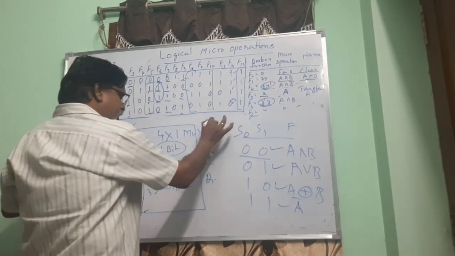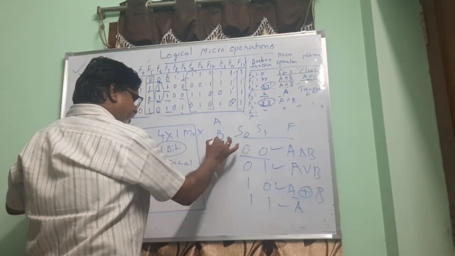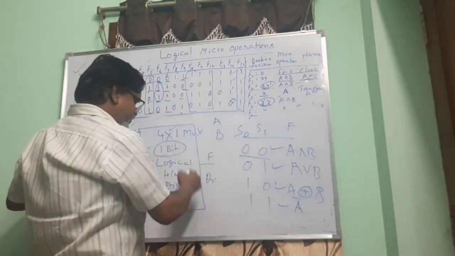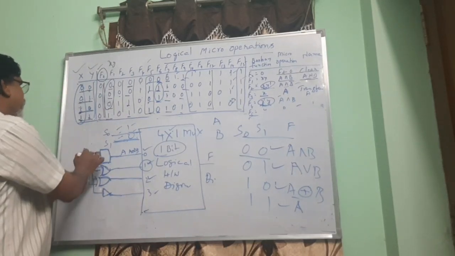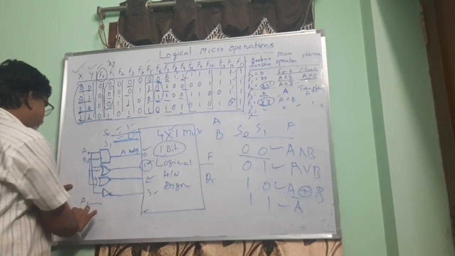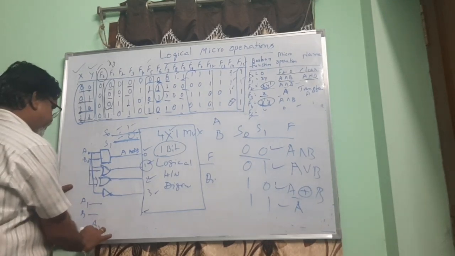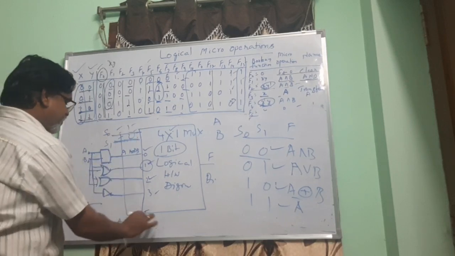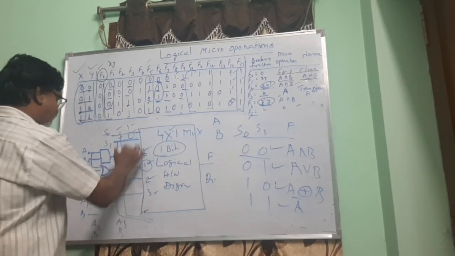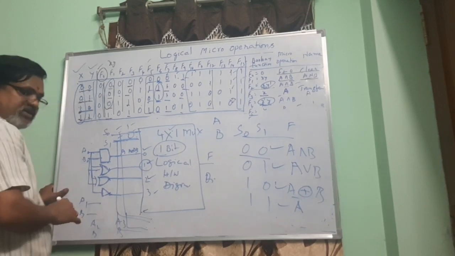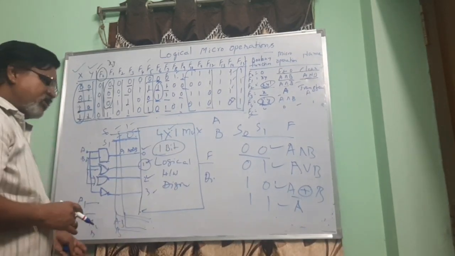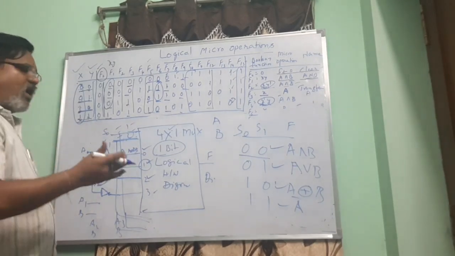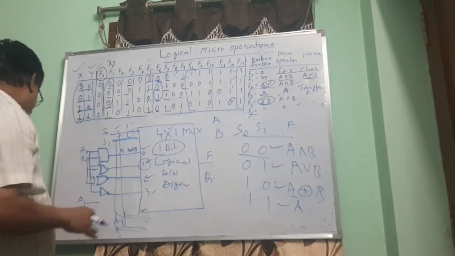As I told you, register A contains 4 bits and register B contains 4 bits. Again, we need to cascade 4 such 4x1 multiplexers one by one, where A0, B0 are given to the first, A1, B1 to the next, A2, B2 to the next, and A3, B3 to the 4th multiplexer. But all the select lines are commonly given to all the multiplexers. So if the length of the registers is 4, you can use 4x1 multiplexers to get the AND, OR, exclusive OR or NOT operation.